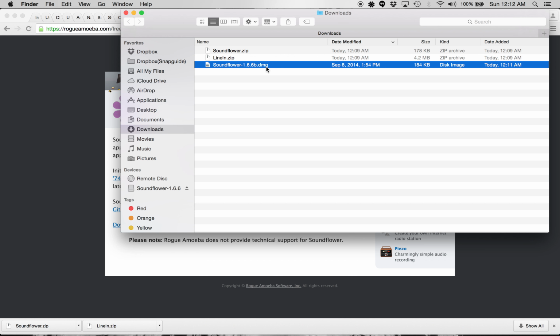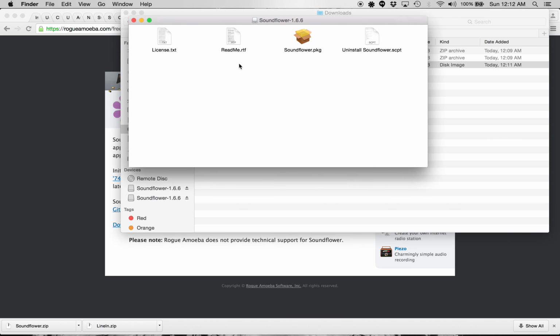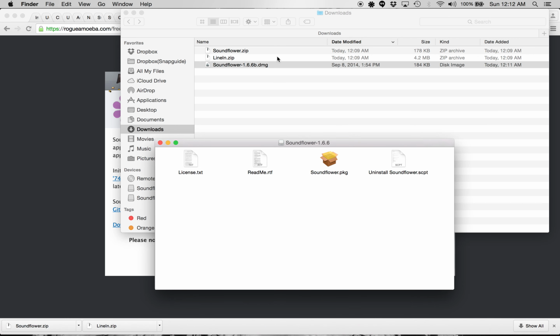Now, the version number will be different for you in the future as Soundflower is maintained and new versions come out over time. That's fine. So what you're going to want to do, double click on the DMG, and it'll open a folder like this. And you're going to want to look for